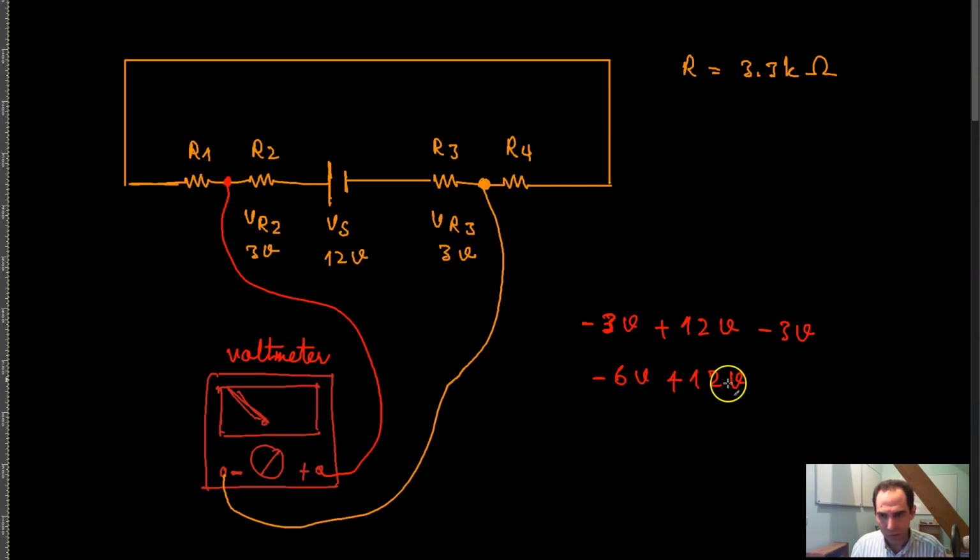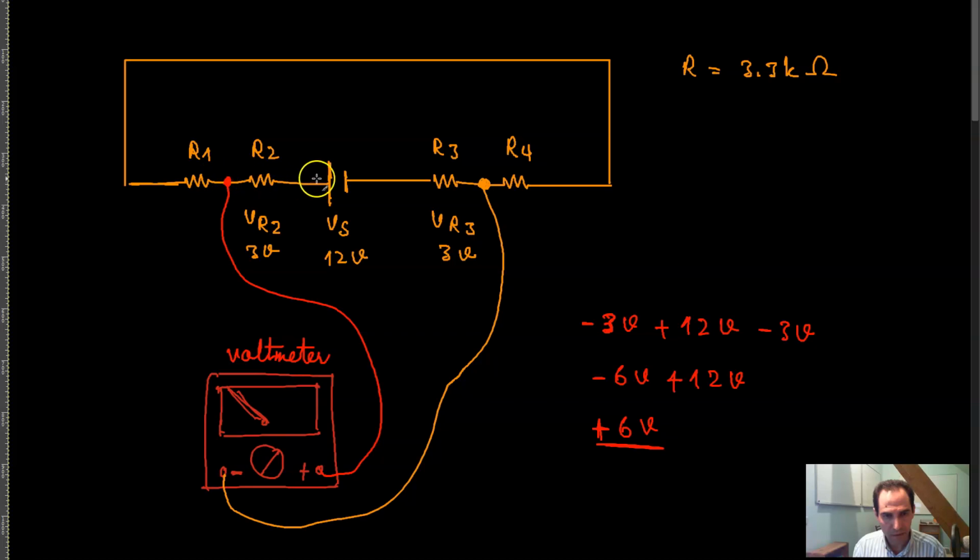Which is equal to, basically 12 minus 6 is equal to 6 volts. So the voltage between these 2 points in this circuit is simply 6 volts, and the voltmeter would show you 6 volts, positive 6 volts of course, because you have put the positive pole over here, negative pole over here,